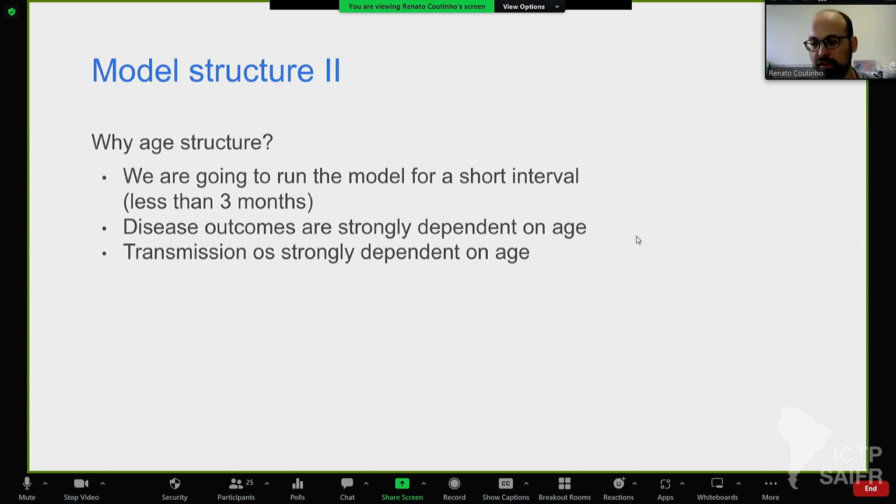Because they're usually in large classes, with a lot of contact with other kids and so on, school is really a place that is ripe for contagion, right? So usually children have a much higher rate of contacts between people of those ages than adults and older people, right? So